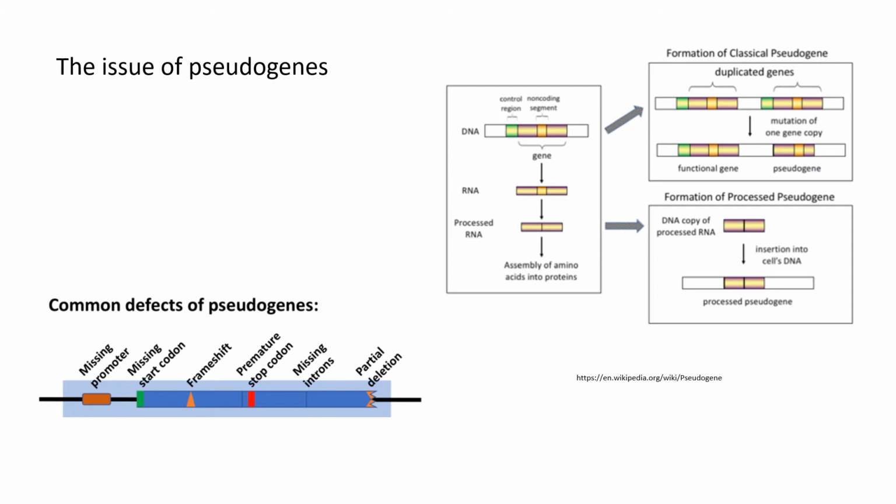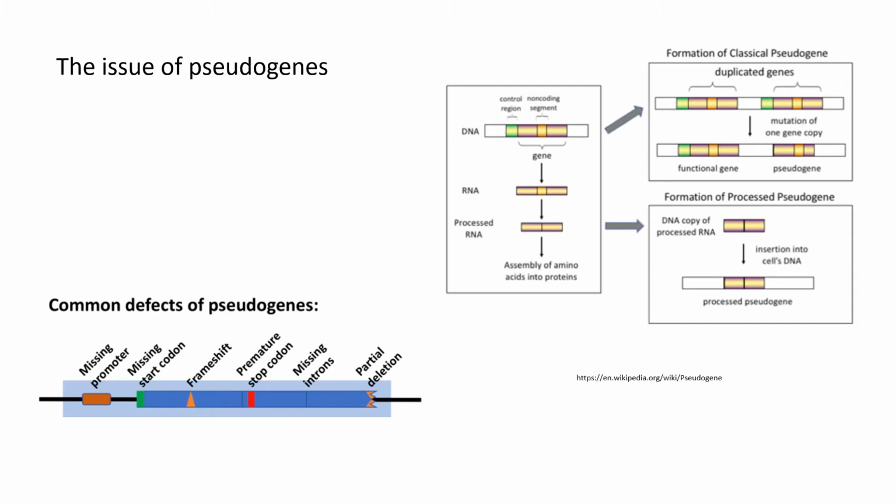Now let's talk about yet a third type of non-coding DNA that was thought to be junk DNA, which is the so-called pseudogenes. Pseudogenes are a bit different than the other things that we've talked about because they look just like a known gene that codes for a protein, maybe sitting next to a known gene that codes for a protein, but they don't work, quote unquote, because they don't code for protein.